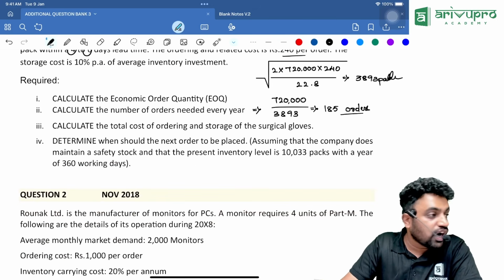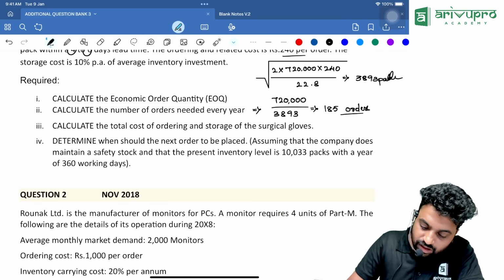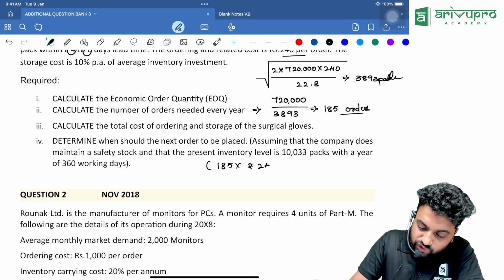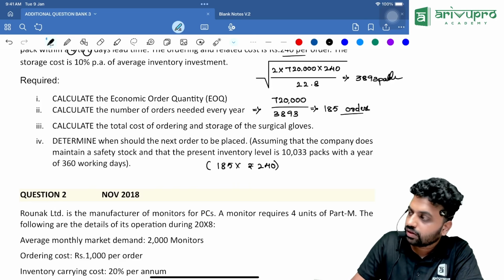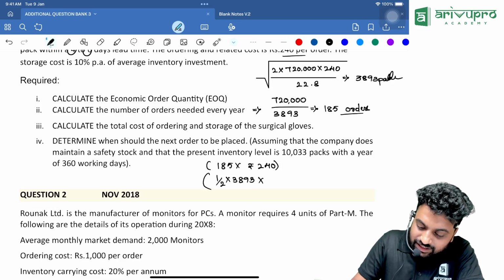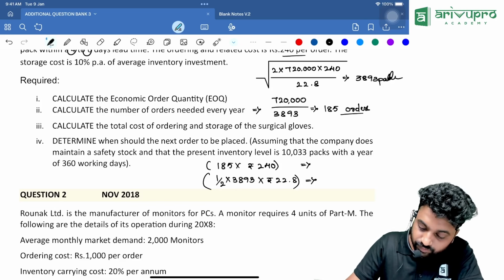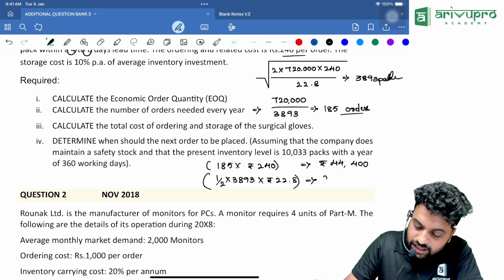Calculate the total cost of ordering and storage. Now, ordering cost will be, guys, 185 orders we are placing. Per order we are spending 240 rupees. Whereas half of order size being 3,893 packs into rupees 22.8. So may I know how much is my ordering cost, please? 44,400. Carrying cost will be